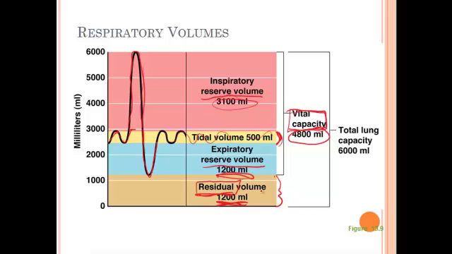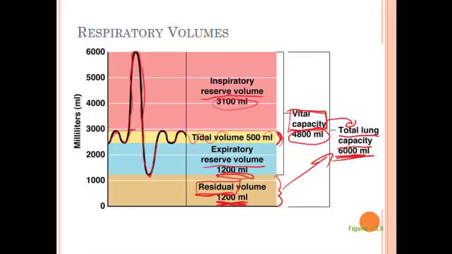It can also be used. I mean, if there's oxygen available in that air, then the lungs can continue to pass the oxygen to the blood and go around your body. And this is nice because even when you breathe out all the air, there still is some oxygen available that can be used and pulled out by your body and sent around to the different cells. So it's not like it's a waste, but it's kind of dead space. It's not gonna be breathed in and out with each breath. This makes up the total lung capacity. So you take the vital capacity and you add on the residual volume, and that's going to give us your total lung capacity. That's how much air can be held in your lungs.